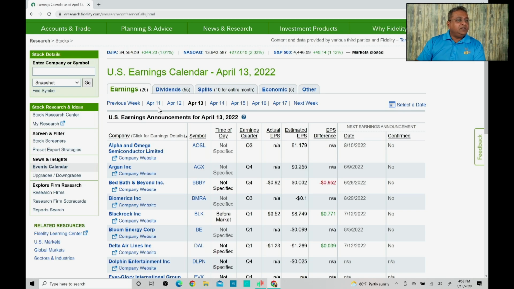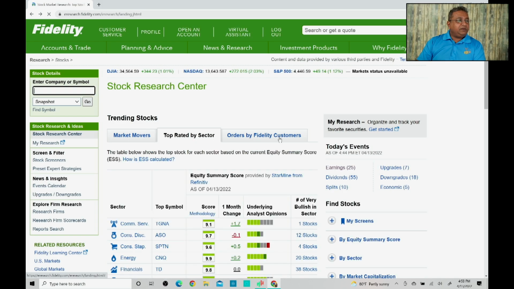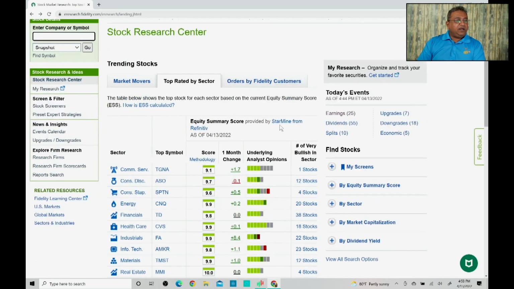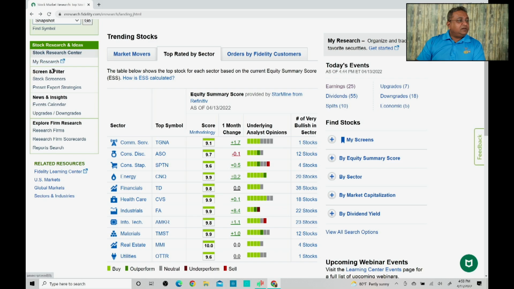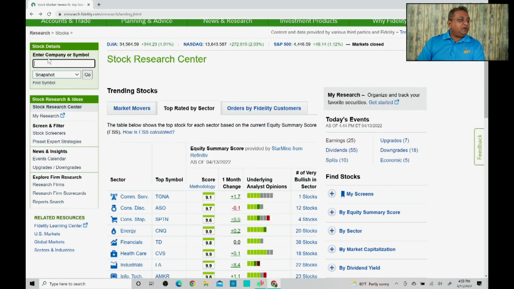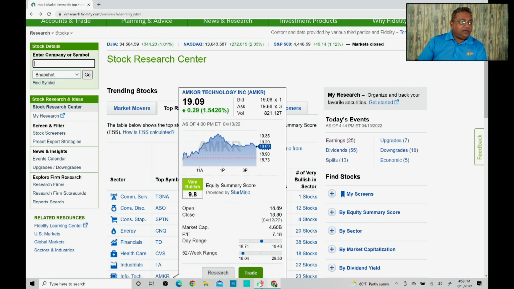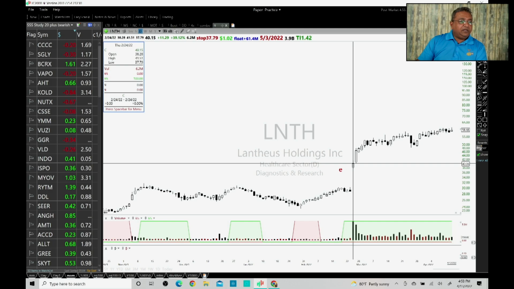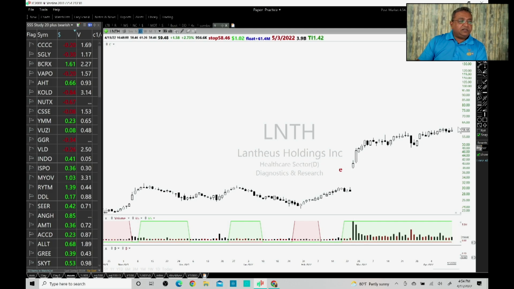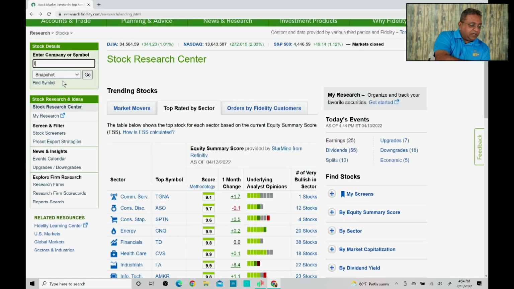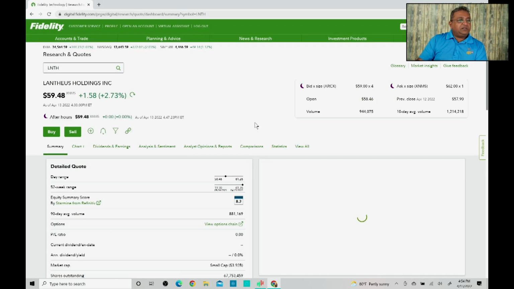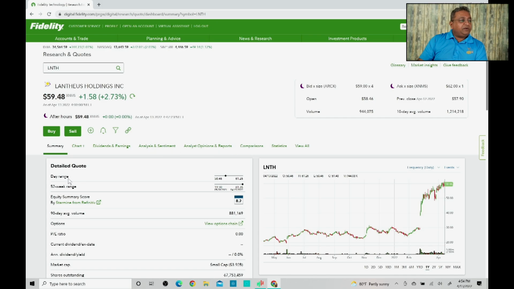The other thing is, when you go back to this page, you can also find this tab called My Research, or for any stock. So let's look at LNTH. There's a stock called LNTH which had earnings and then it went up. Now if you want to research this particular stock, you put in LNTH and go here, and you're going to get a snapshot like this, which has all the information which you need in terms of